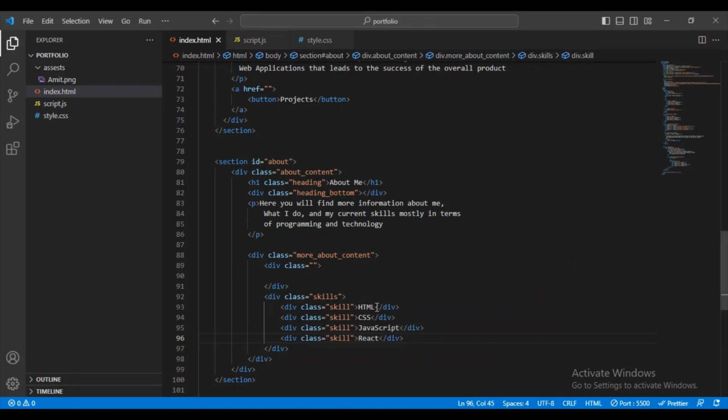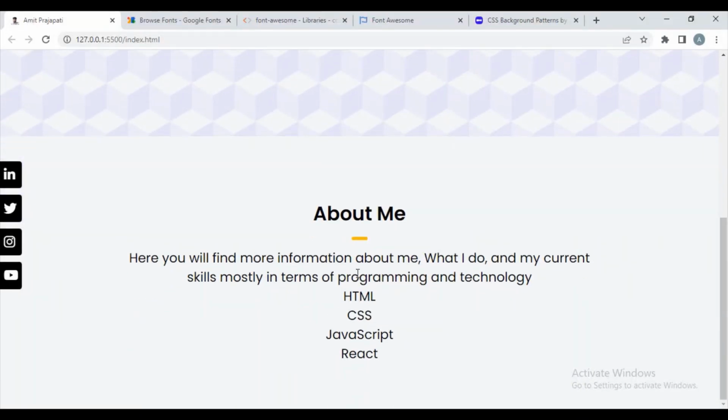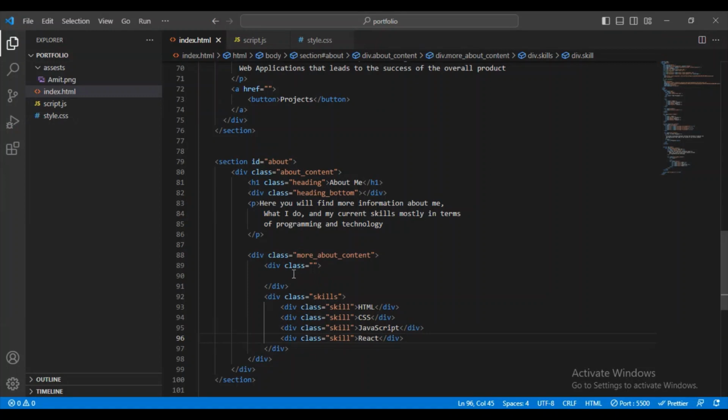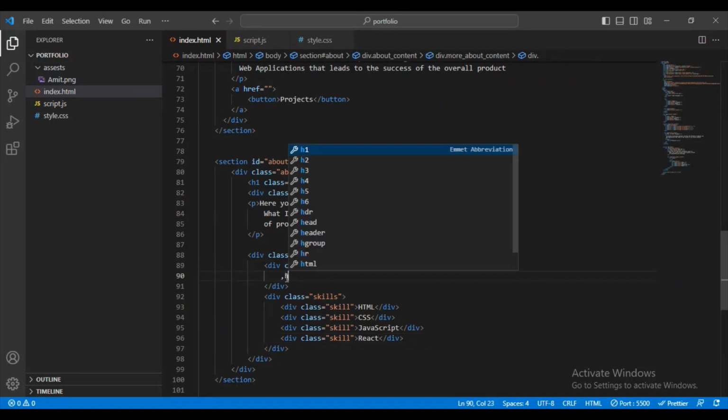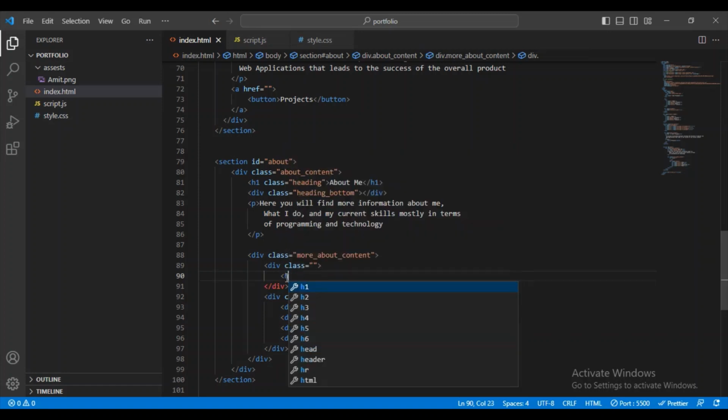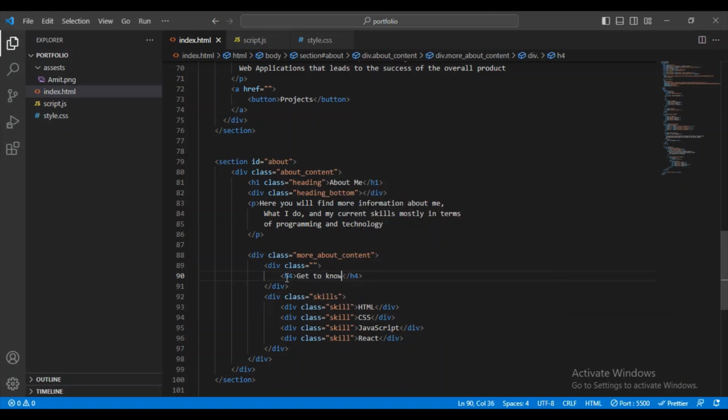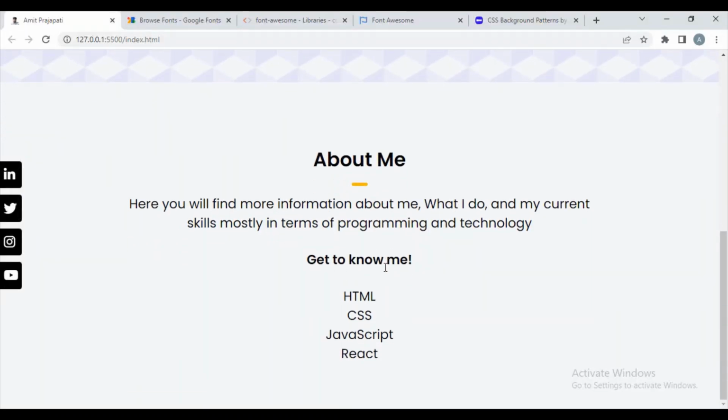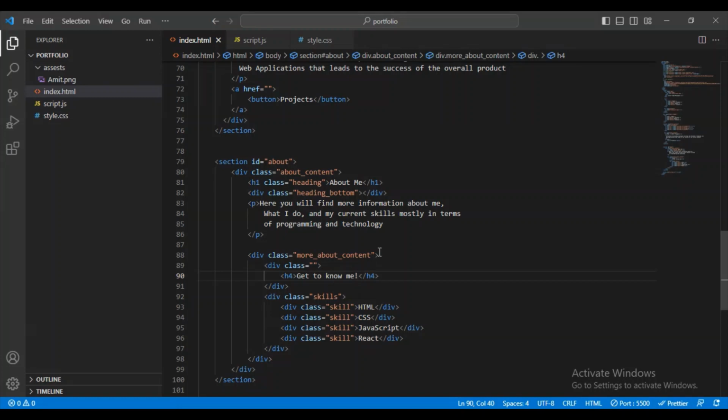All this content, yeah, display. Now let me just check. Here you can see it will display like that, and in this, the first section I will add an h4 tag, and this will be the get to know me, like that. Yeah, like that. And this I have given, let me just copy this, and here I will go on the